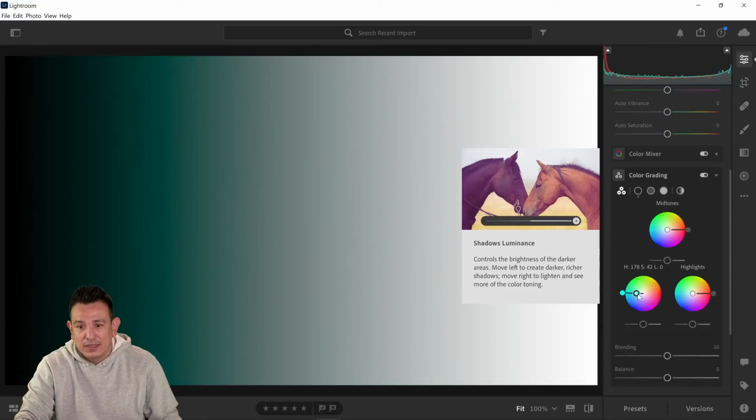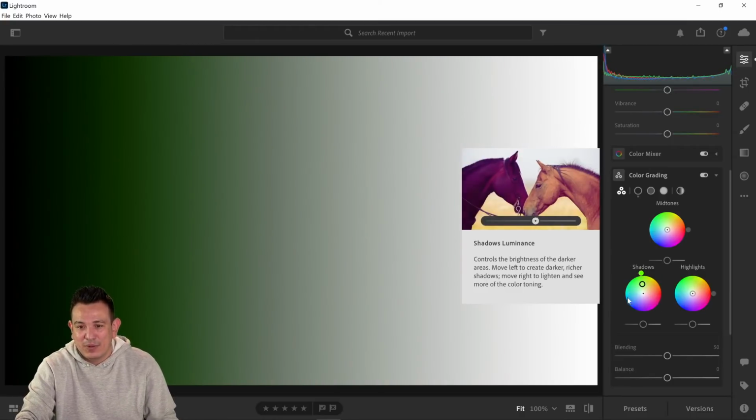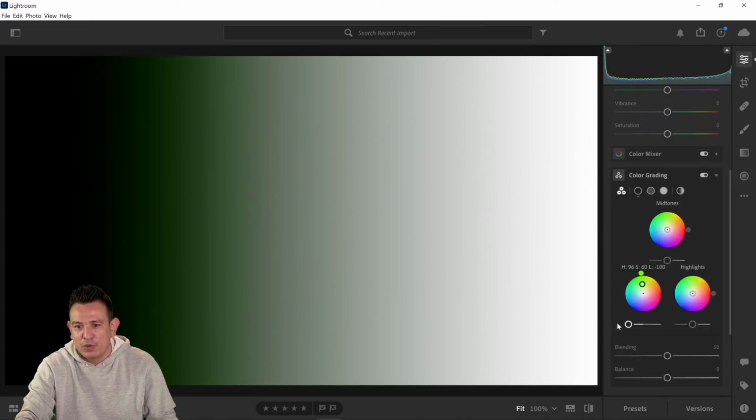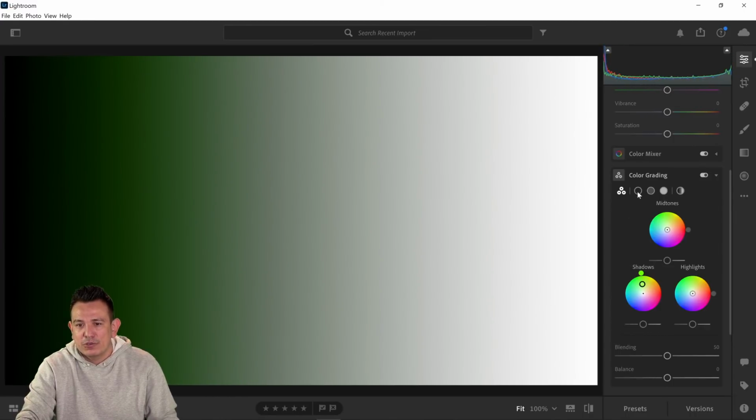And if you hold shift, you can constrain the saturation so that you don't accidentally adjust the hue. Another thing you can do is click on this little circle and drag in a circle to change the hue. If you want more control over the hue and saturation and also the lightness, which is down here, which will make those tones brighter or darker, you could also click on this first circle, the one